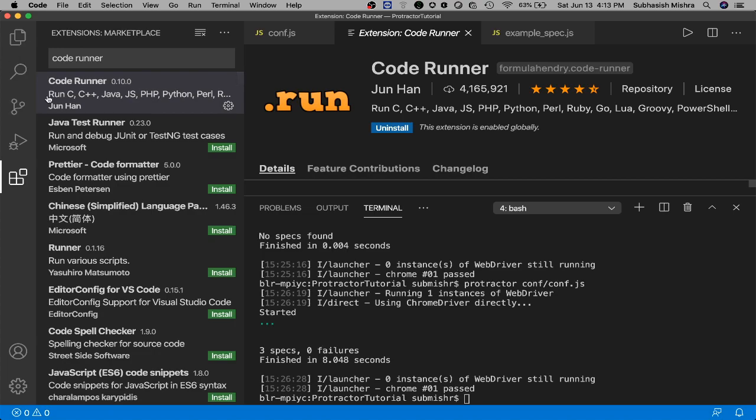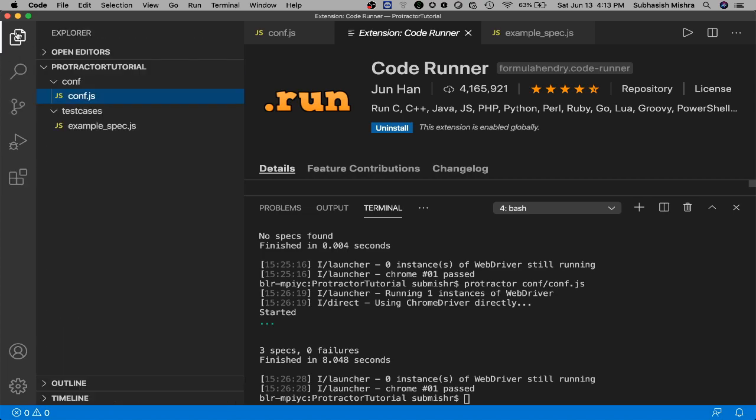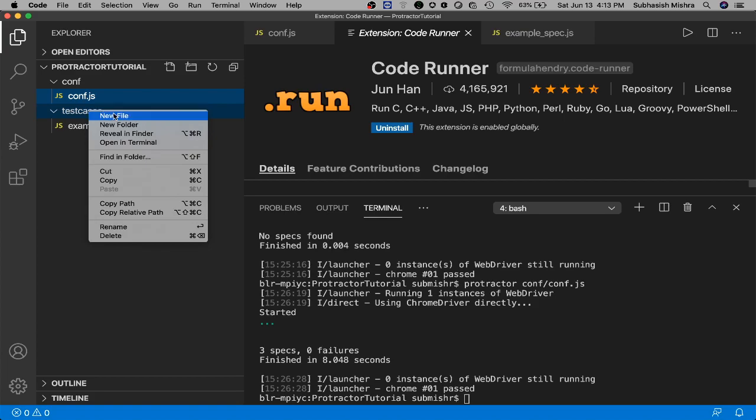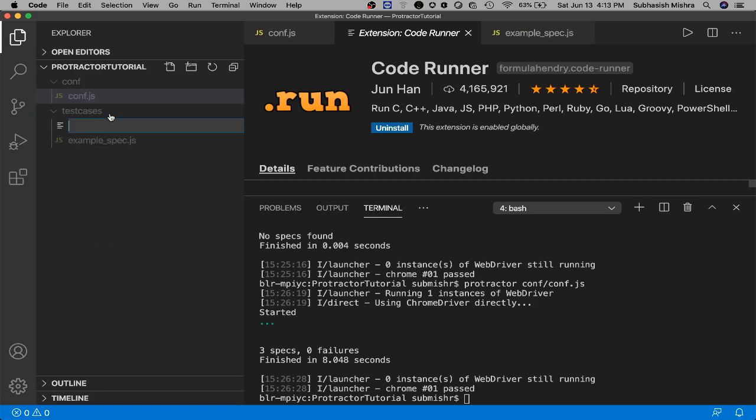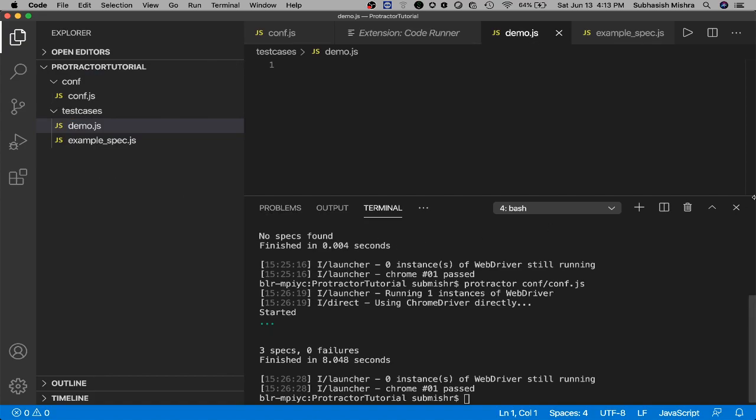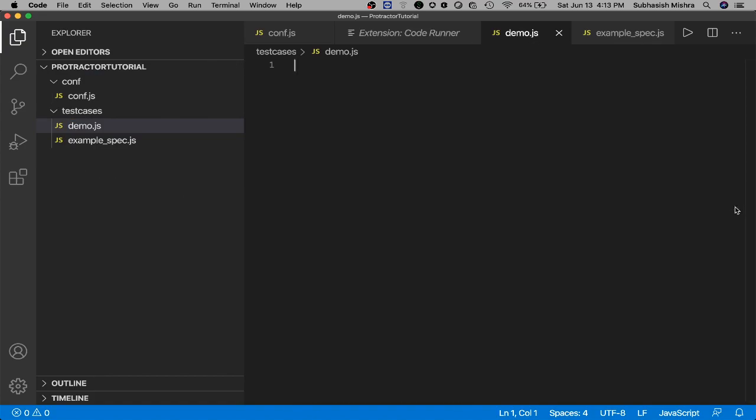Let's go to our folders. Now we'll create one more JS file. Inside our test cases, let's create one more new file and we'll give the name demo.js. Let me close this terminal. So I have opened this demo.js file.